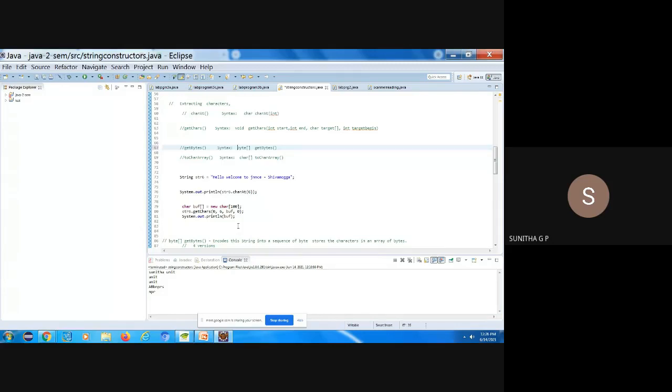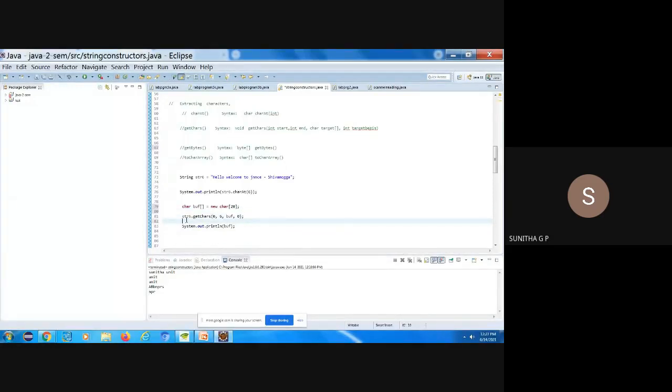Okay, next is what is this? getChars, which is like charAt. Next is getChars. So getChars is what? Extracting a particular length. Now what is this? I am taking a character buffer, new char 100. For the safer side I have given the length as 100, but for this one I don't require it. This is to avoid exceptions. So here the length will be this. I am giving char 20, and here line number 80 is where we have the usage.